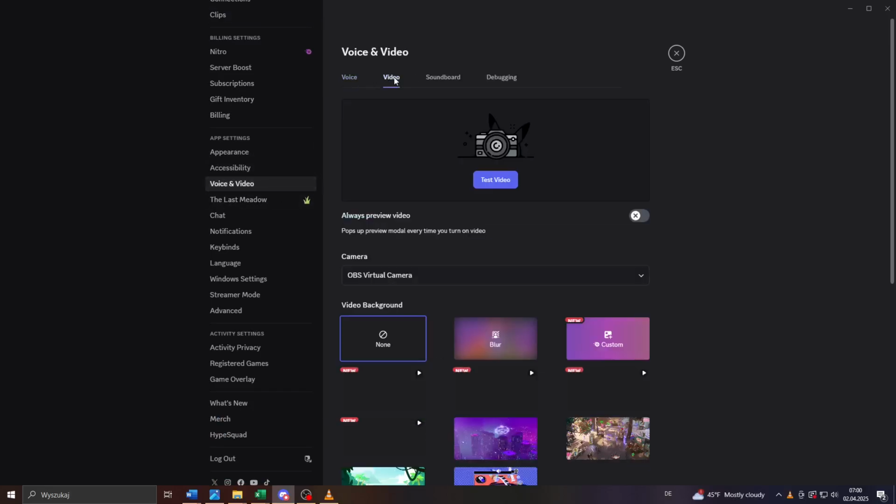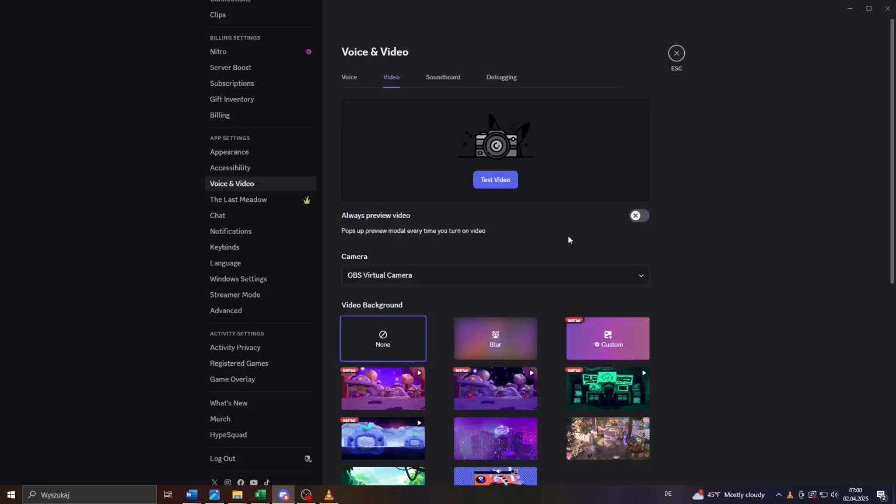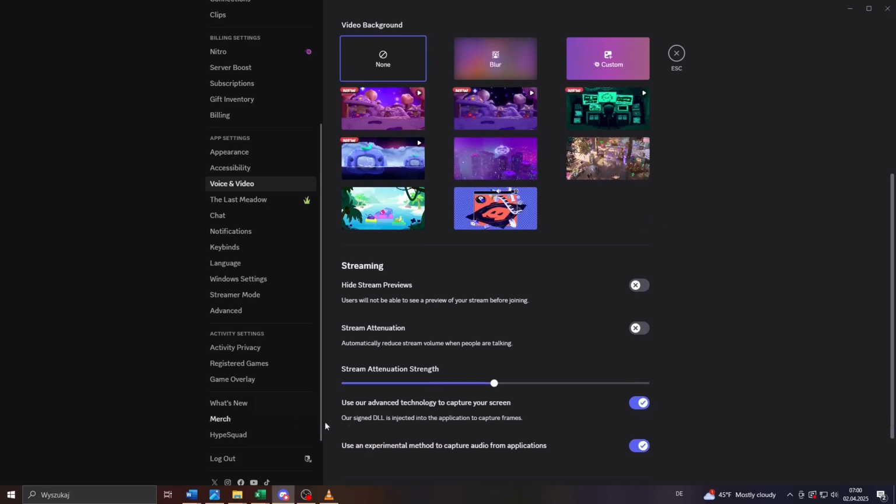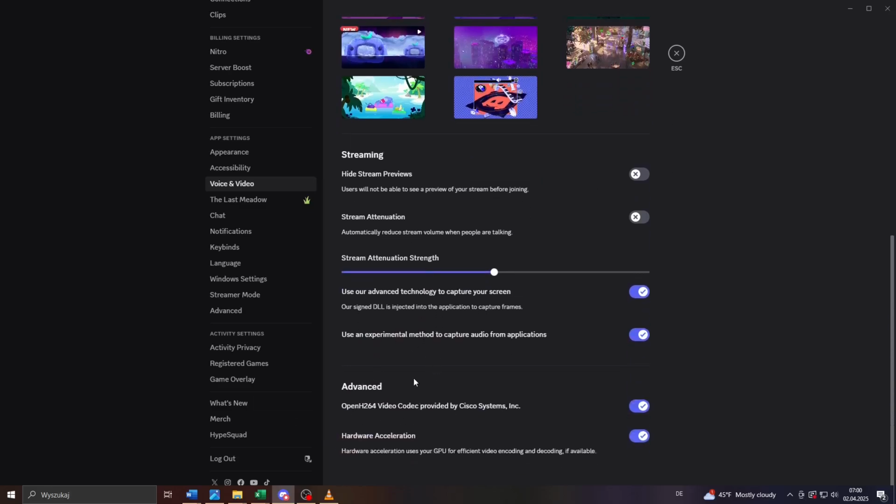Here guys, make sure that you switch from voice here at the top to video, and what you want to do here in your video settings is scroll down a bit till you get to the advanced section at the bottom. And all you basically need to do guys is make sure that you disable these two options or features